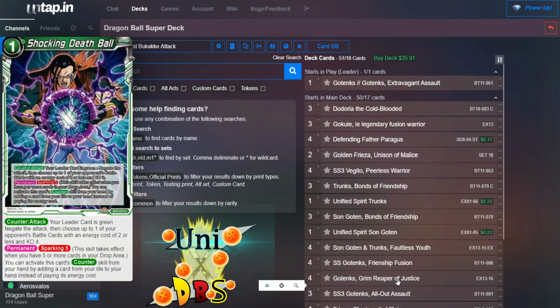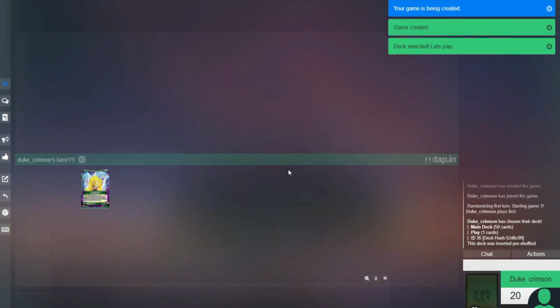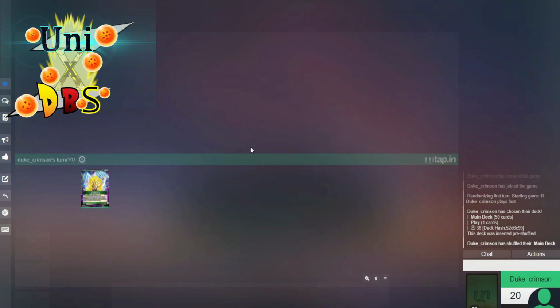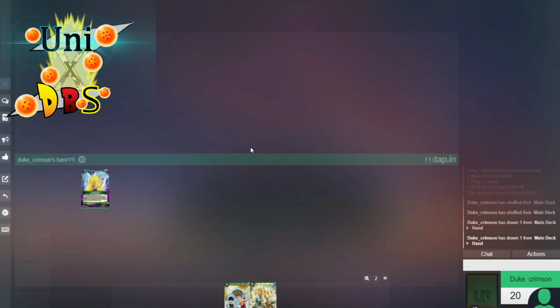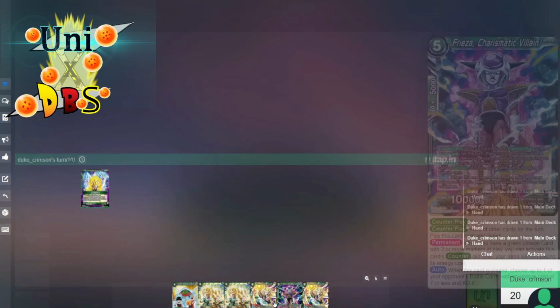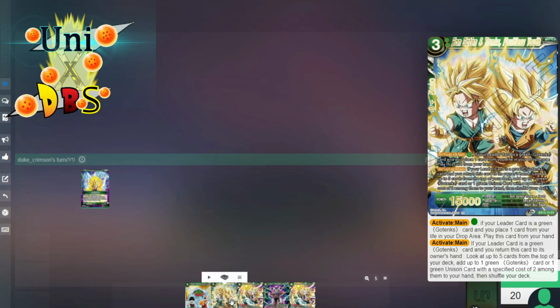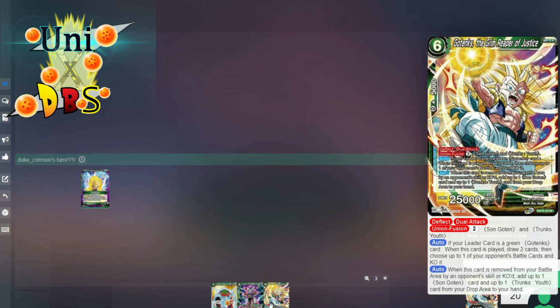Let's jump right into the game. Alrighty then. So we're right here. Let's actually shuffle the deck and see the first hand. Alright, this hand is super mid. Super mid. I would rather get the Goten and Trunks to search this out from the deck and not take my life. So we're actually going to put...